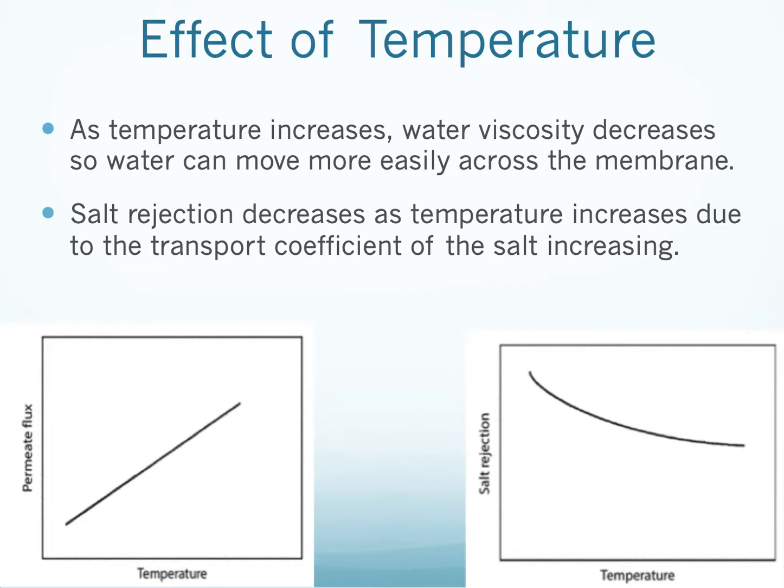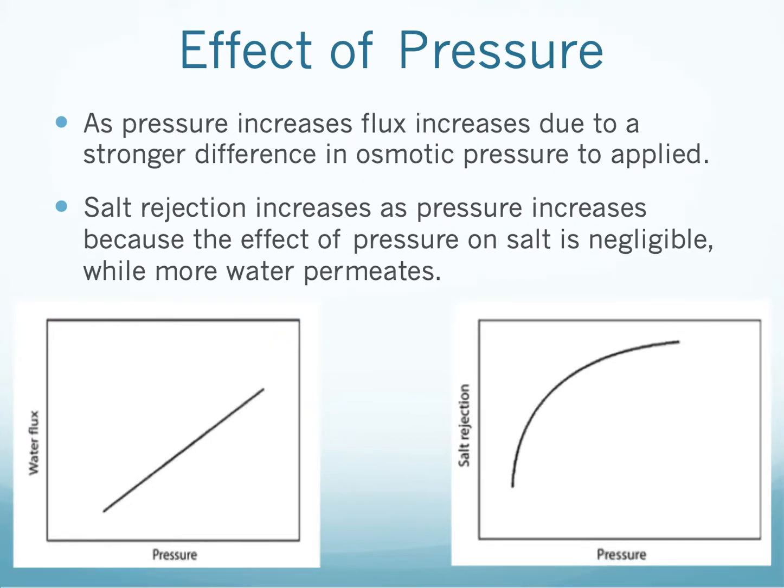Salt rejection also decreases as temperature increases, due to the transport coefficient of salt increasing, resulting in more passing across the membrane. Here the effective pressure is seen, with water flux increasing directly with pressure, which can be seen through the driving force, which is the pressure overcoming that of the osmotic pressure, showing a higher water flux. And salt rejection decreases as pressure increases, because the effective pressure on the salt is negligible while there is more